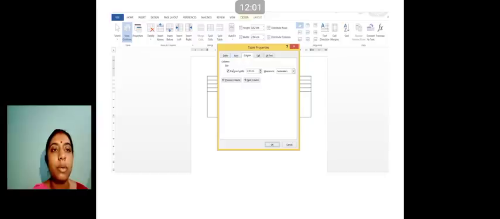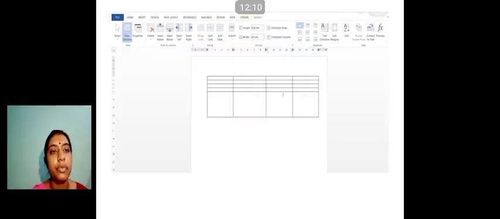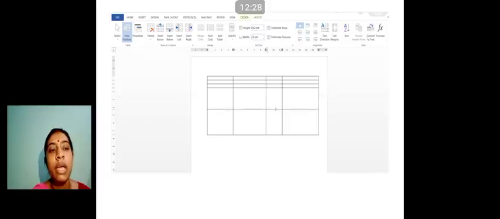Yes, the same dialog box appears, but here the column tab is active. From this spin arrow, you can increase or decrease according to your requirement. And this is very minute, so it is not visible very clearly. Or another way is by increasing or decreasing arrow-wise, because it's a lengthy process. Not too lengthy, but still it is a lengthy process. So this is also one way: when your arrow changes to a double-sided arrow, you can increase or decrease.